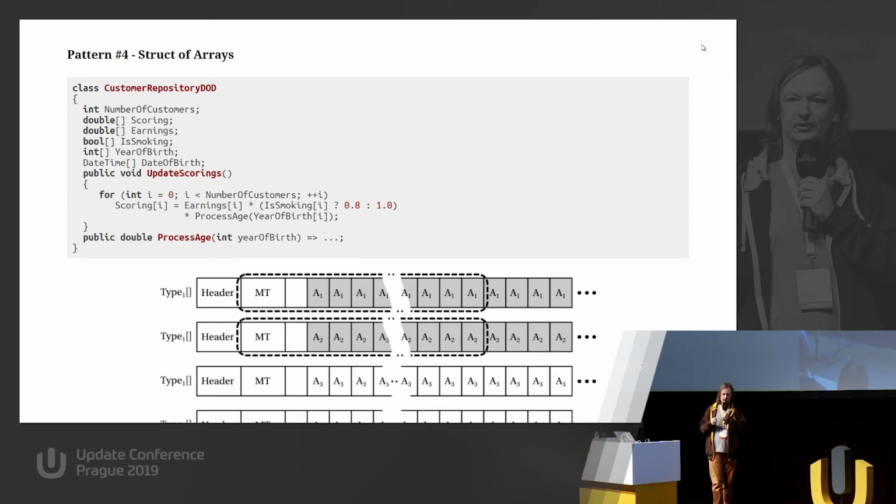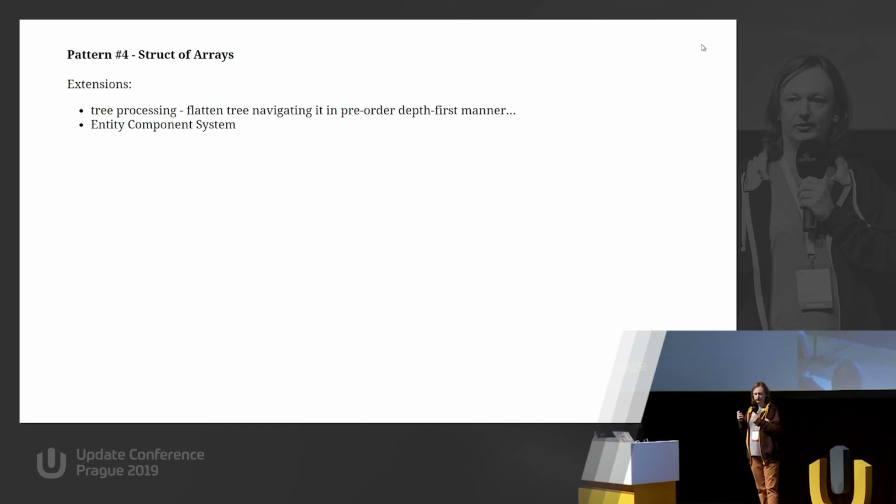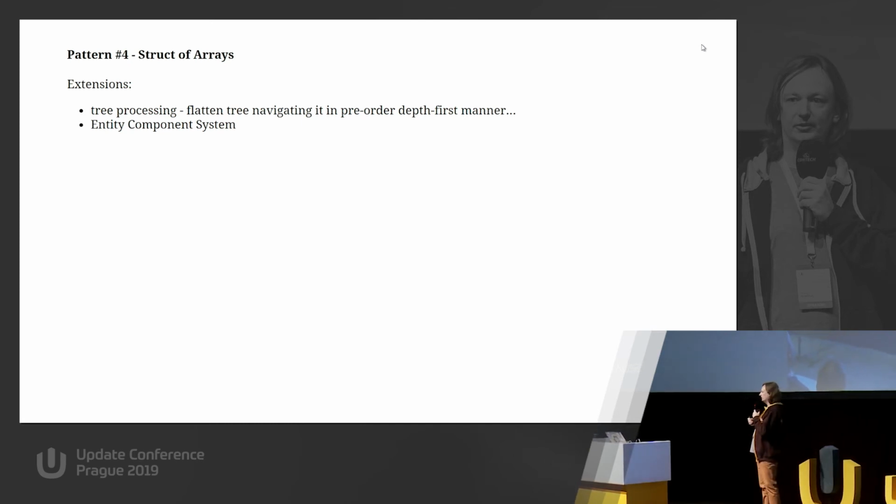You probably agree that the code is ugly. But the result is code that is 10 times faster than the original one, just because of this completely redesigned way of memory access. So for sure it could be beneficial if 10 times faster code is important for you. If you are processing this and you want to be in real time, for example, recalculating scorings of customers when the customers are visiting your site, it may be very important for you. And this is ugly, as we agreed.